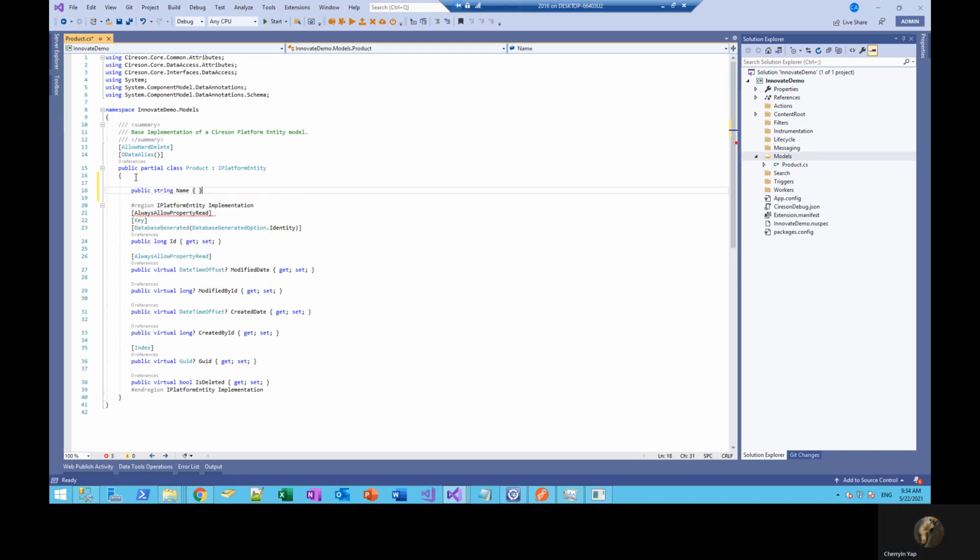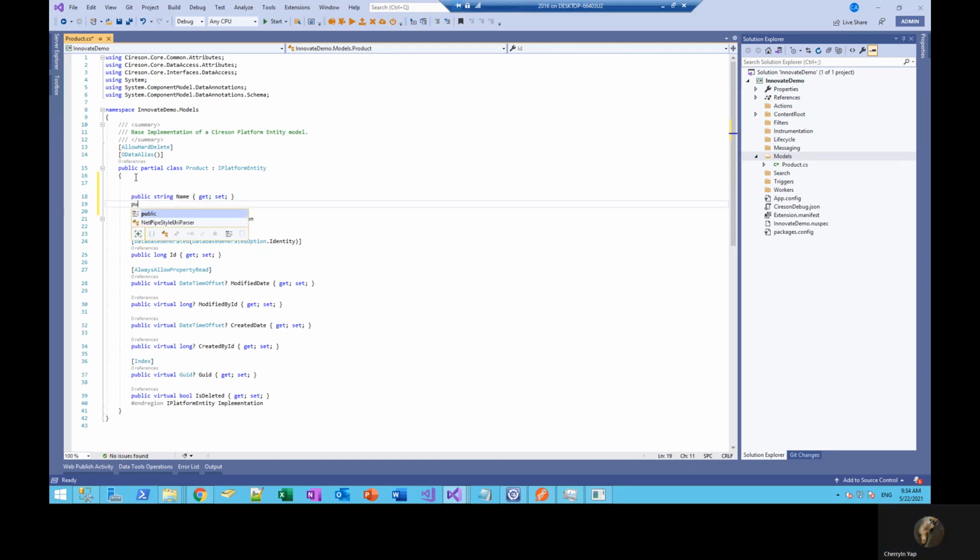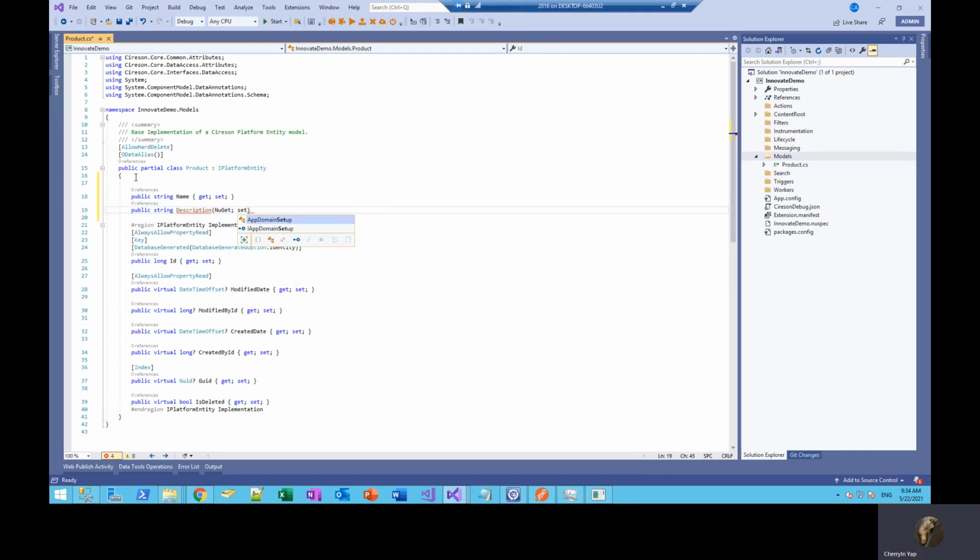We're just going to add in some getters and setters. Let's just go with price.